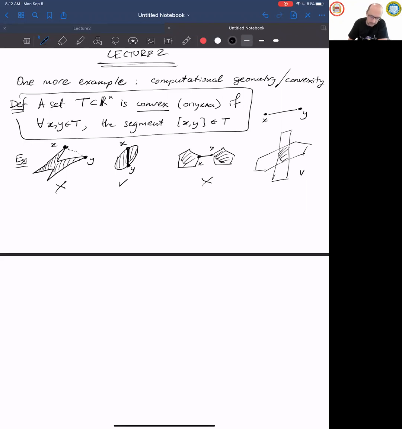Now, the way of transforming a non-convex set into a convex set, that's called taking the convex hull. So the convex hull,